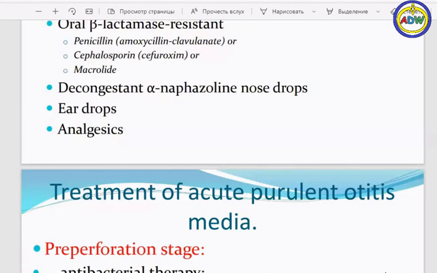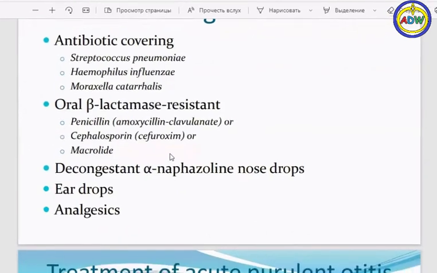only in one nostril, in one nasal cavity, or we use them in both. Who has some ideas? Please write. And after that, I will explain in which cases we use one nostril, in which cases we use both. Now, the infection starts from the nasopharynx,